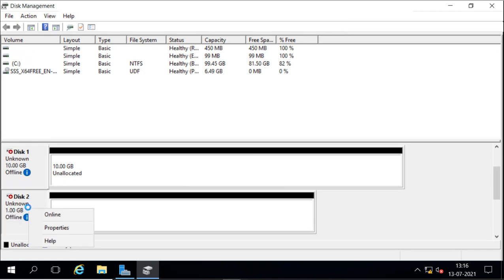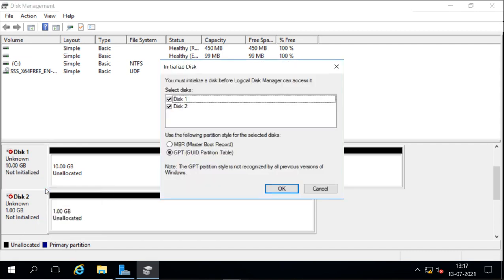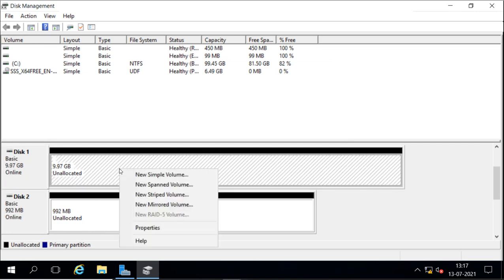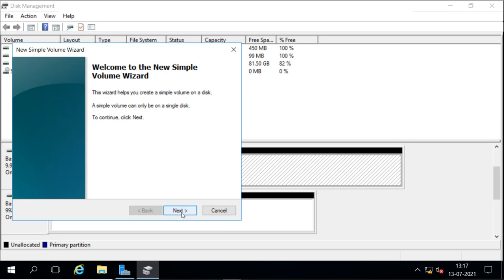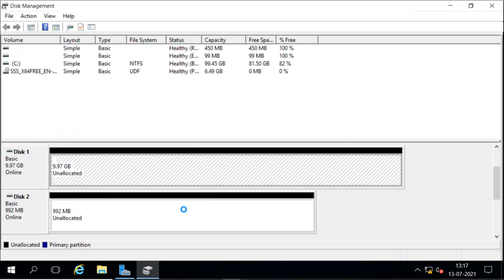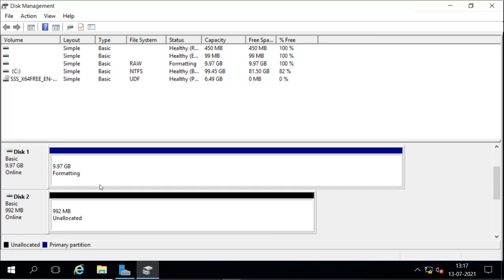So first I will make both the disks online, then I will initialize both the disks, and I will create the volume also. So a simple volume, and then I will create the volume for this quorum disk also.